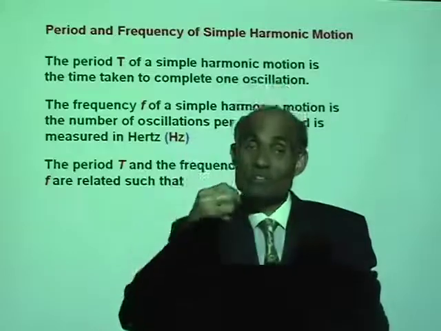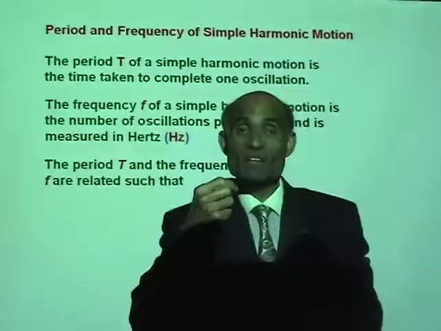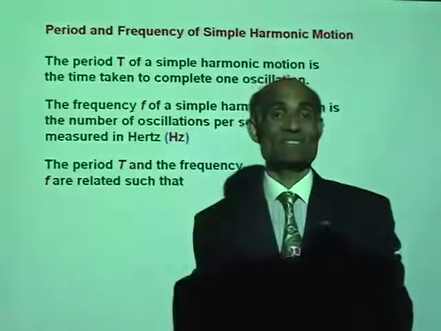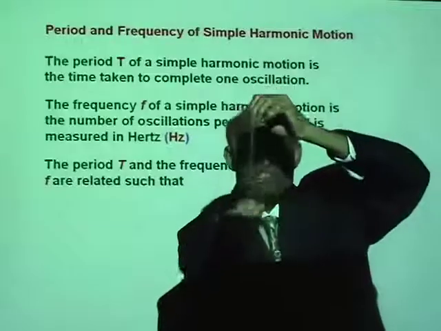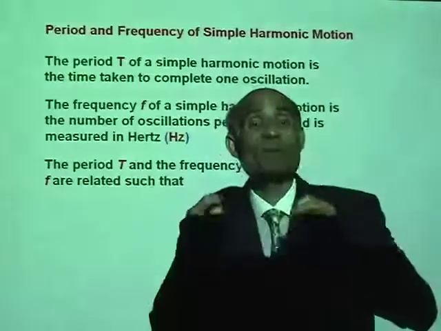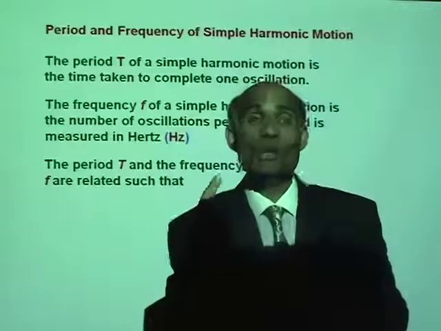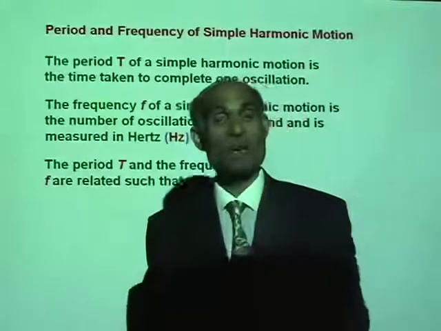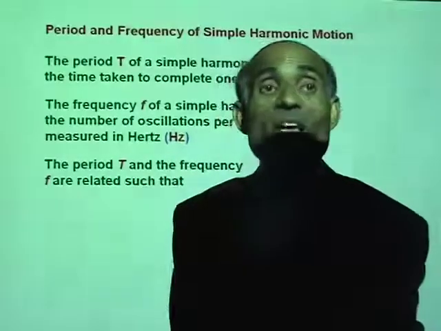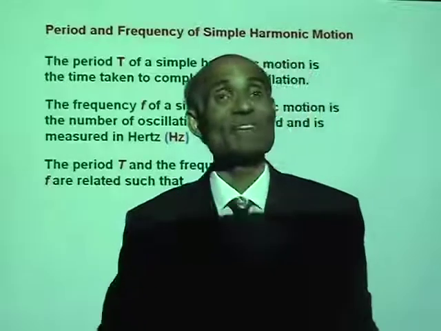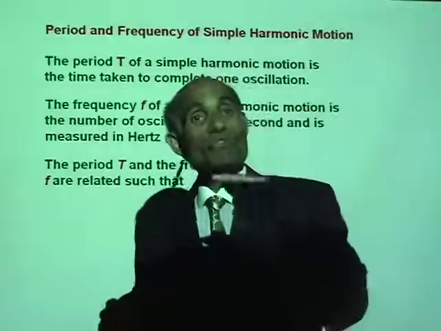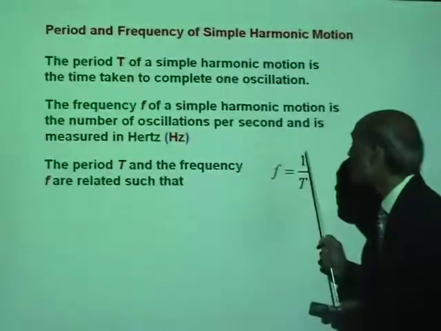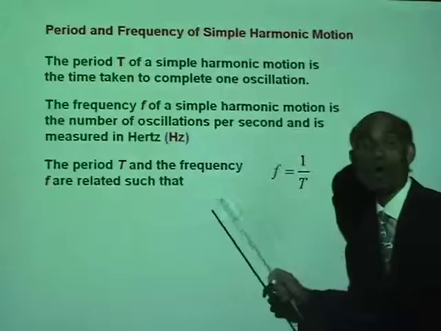Well, if it does 3 oscillations in 1 second, the time taken for one oscillation will be 1/3 of a second. If it does 5 oscillations in 1 second, the time taken for one oscillation will be 1/5 of a second. Is that right? Okay, now tell me, what is the relation between period and the frequency? One is the reciprocal of the other, or we will have f equal to 1 over T, or T equal